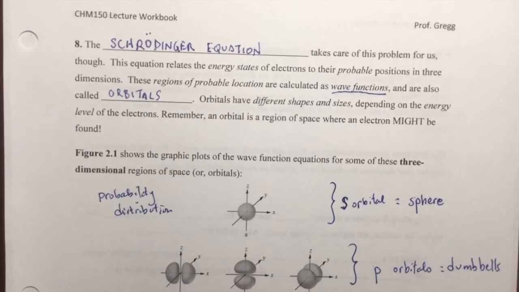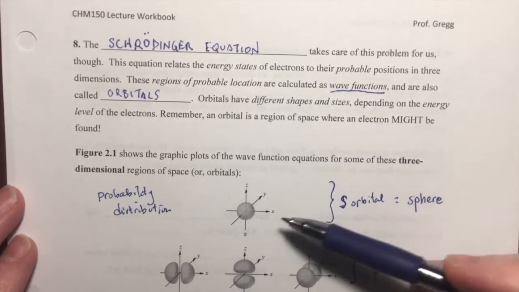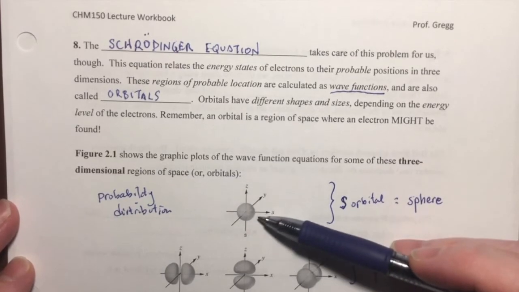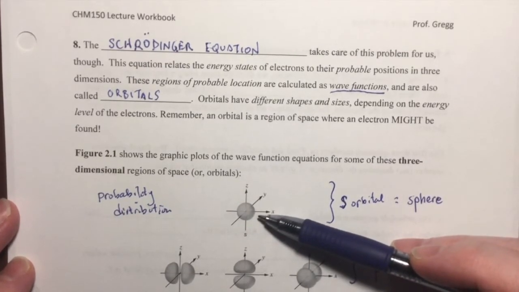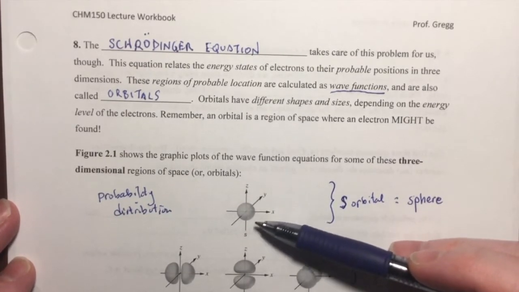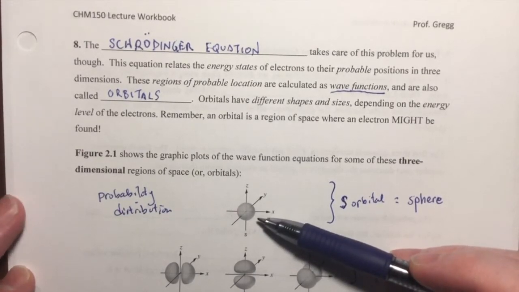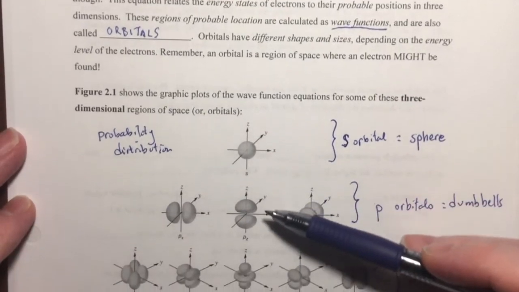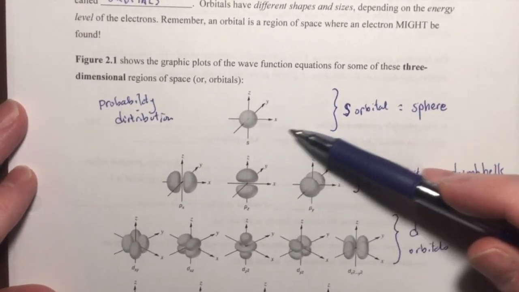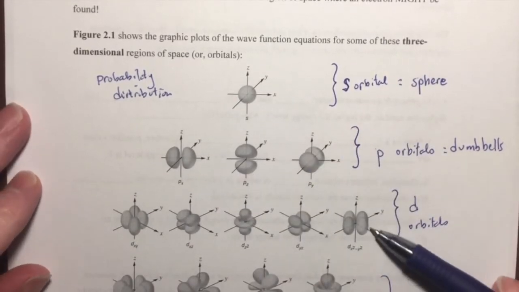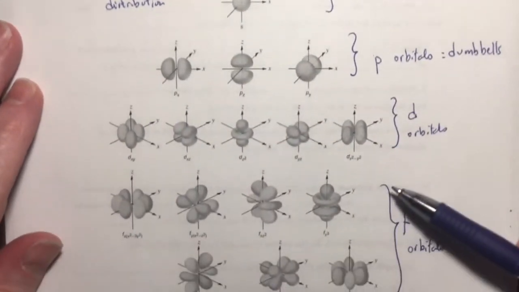Hello again, students. In our previous video, we discussed how the Schrödinger equation led to the ability to graph three-dimensional regions of space which define the probability distribution for an electron. And we call those regions of space orbitals. And we saw how taking the square of the wave function led to these different orbital types. There are s orbitals, which are spherical, p orbitals, which are dumbbell-shaped, d orbitals, and f orbitals, which are of